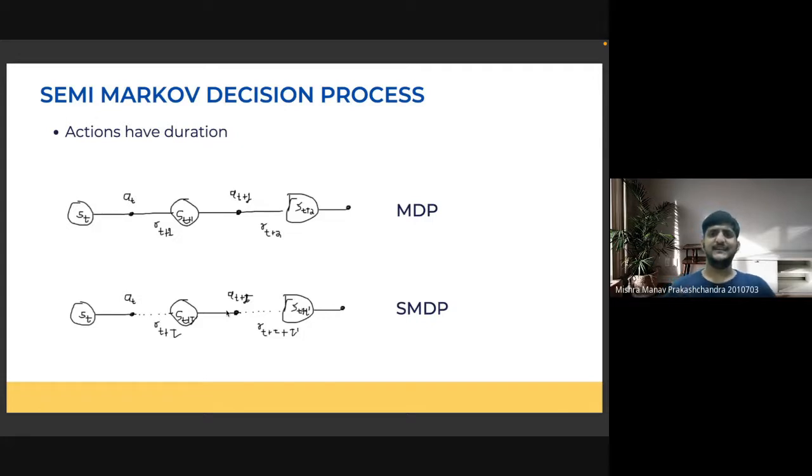One can think of it in a continuous fashion: when I'm executing action a_t, I have taken a decision, but I'll wait for a certain time tau in order to execute the action and go to the next state s_t+tau. This ensures some kind of continuity, so that it disregards the need for any sort of intermediate states that the agent should be in while it is executing the action.